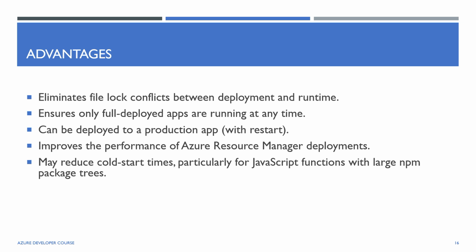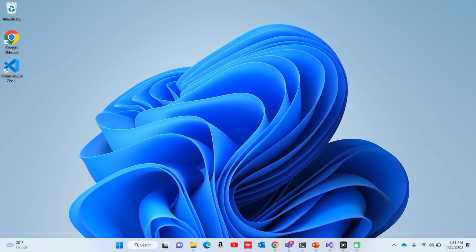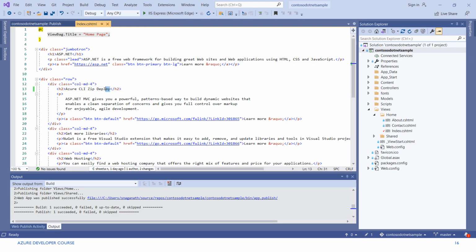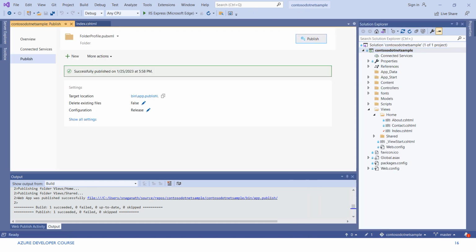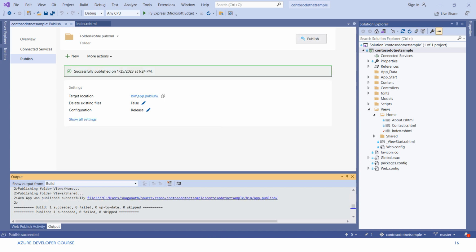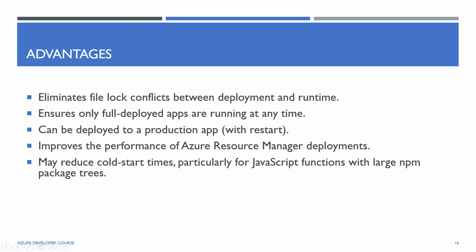Now, how exactly do we do a zip deploy? For that, let's go back to the same application which we had, and here we say we want to do the zip package. We want to run the application directly from the zip package. So now similarly we need to publish this file. After the file is published,